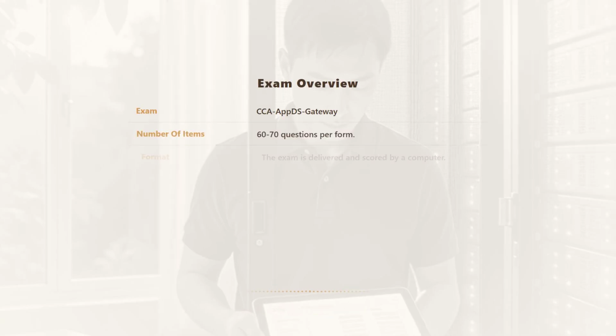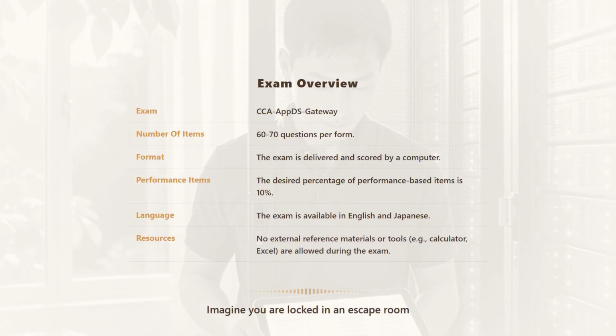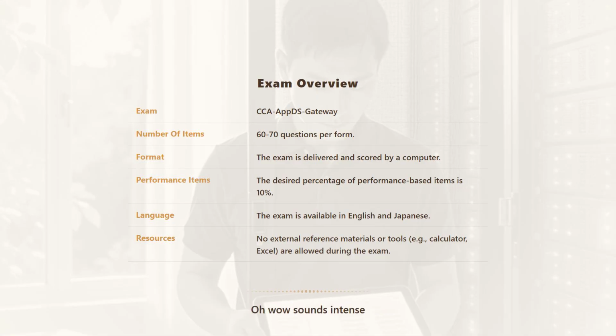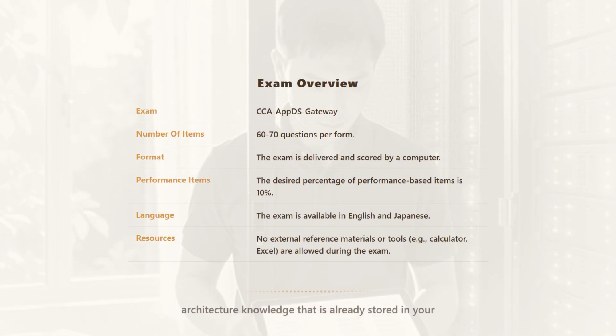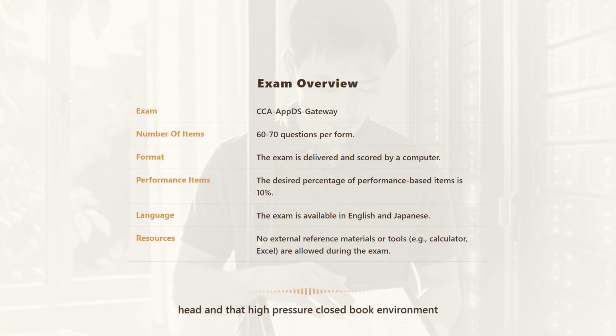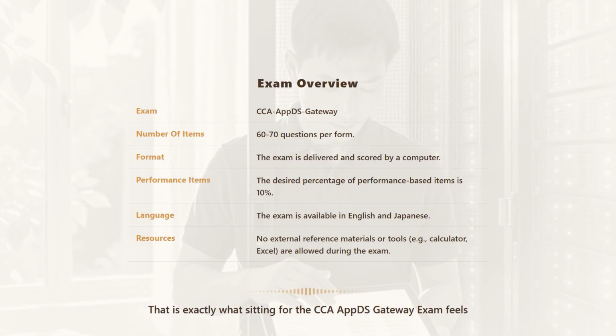Okay, let's unpack this. Imagine you are locked in an escape room. There are no phones allowed, no reference books, absolutely no tools to help you out. Oh, wow. Sounds intense. Your only way out is relying entirely on how well you can apply the architecture knowledge that is already stored in your head. And that high-pressure, closed-book environment, that is exactly what sitting for the